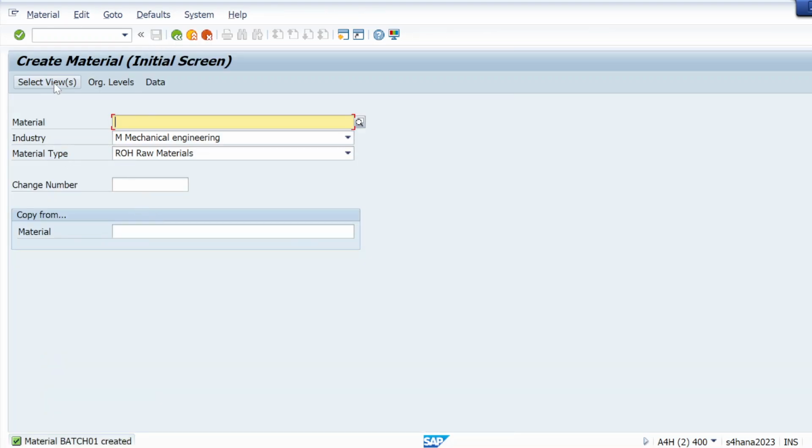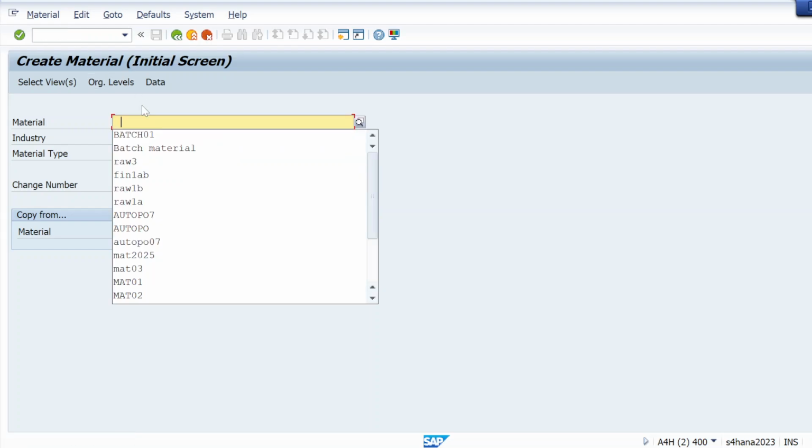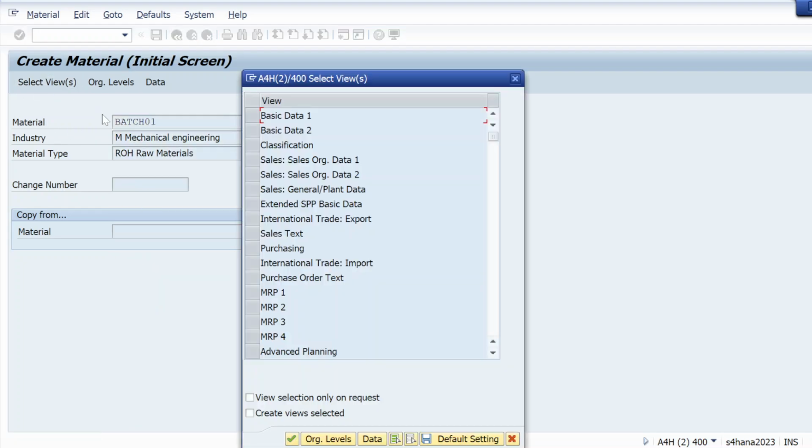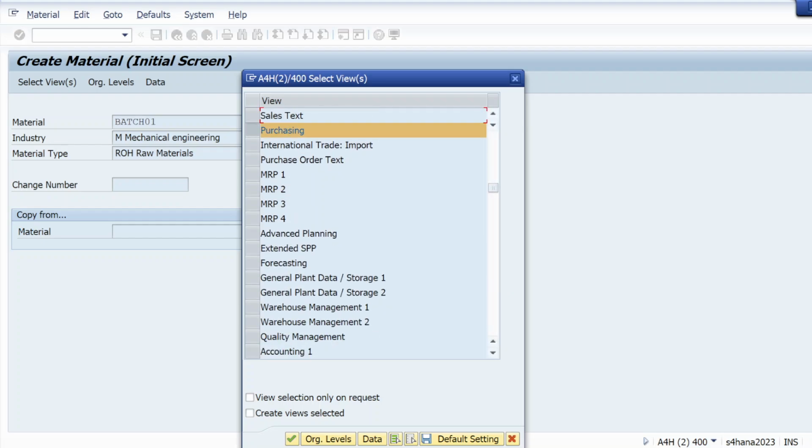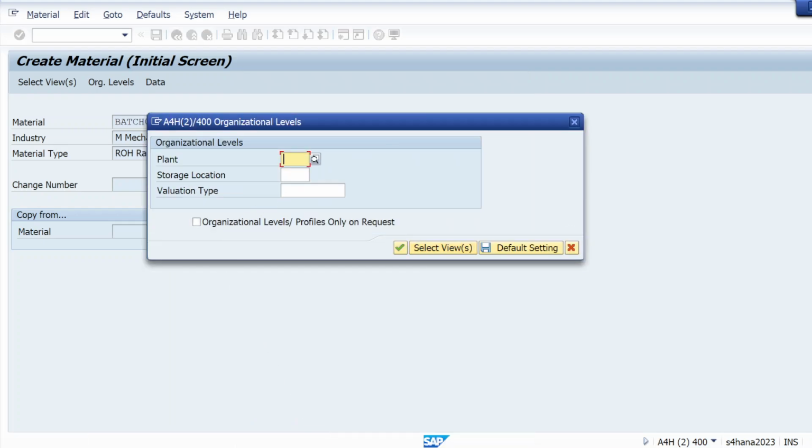I have to go again into MM02 because the purchasing view is left. Let me check again: basic data 1, purchasing view, classification, general plant data 1, 2 and accounting 1.